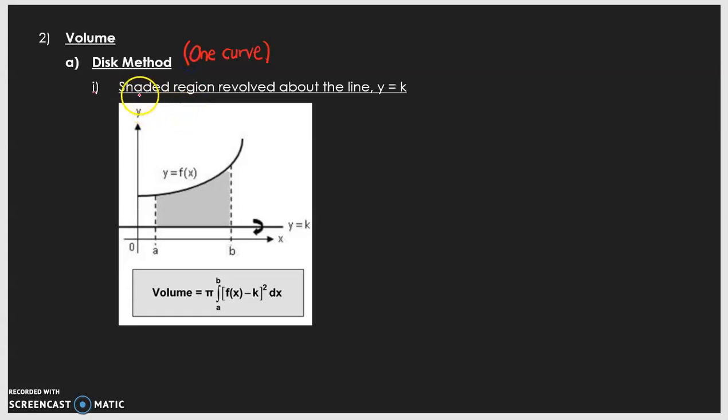So let's say this is the shaded region, which I write as R. The shaded region is revolved about the line y equals k. So the shaded region is revolved about this line, which is y equals k. For this method, we will refer to first, if the shaded region